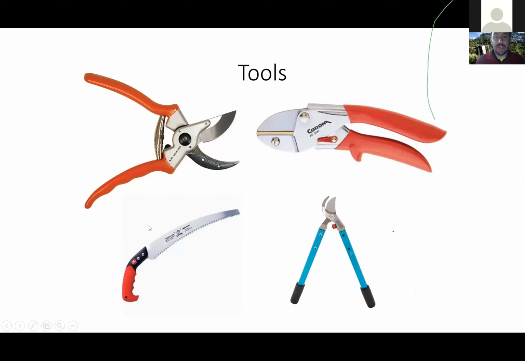A good set of pruners, you can deal with a branch, depending on how strong your hand is, maybe up to 3/4 of an inch. For some people that might be a little big. These are bypass pruners where the blade slides past the anvil. That's the very best type to use for pruning trees and shrubs. These are anvil pruners where the blades meet and just kind of crunch. I don't really recommend anvil pruners for anything. I don't actually have a great understanding of why they exist. Some people say they're for deadwood or for deadheading things. They don't work any better for that than a sharp bypass pruner.